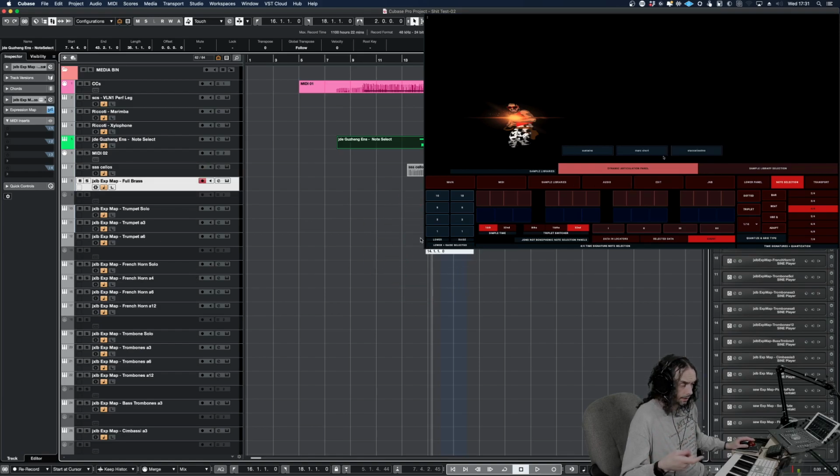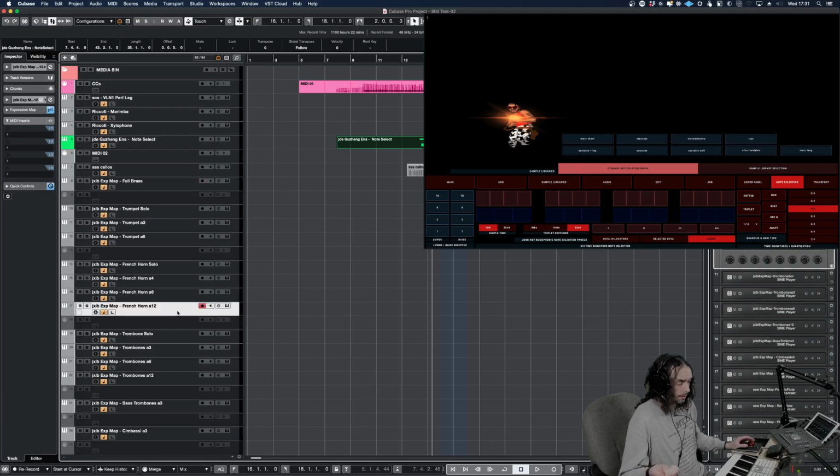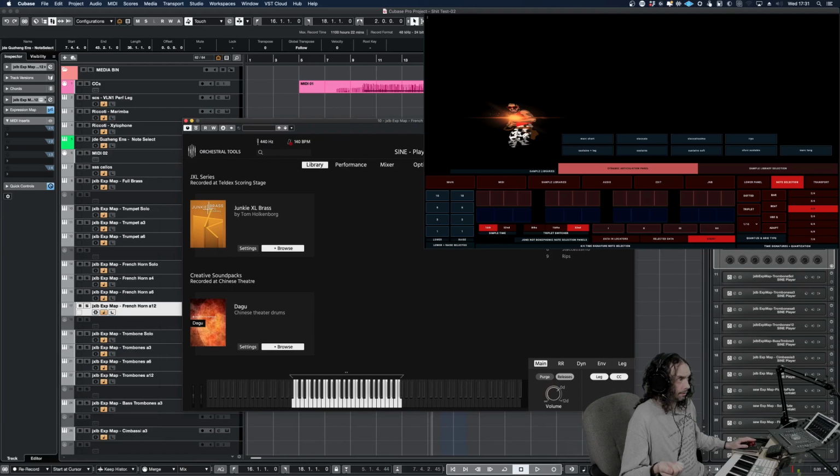Instantly on the touch screen, I've got 3 buttons. So now if I click on, say, French horn A12, it changes to however many articulations are in the instrument, and I'll show you how many are in. Here you are: sustain, legato, sustain soft, sforzando, sustain marcato, long, short, staccato, staccatissimo, and rips. And if you look on the touch screen, they go from left to right and up. Sustain, legato, sustain soft, sustain marcato, long, short. And if I press this on the touch screen,